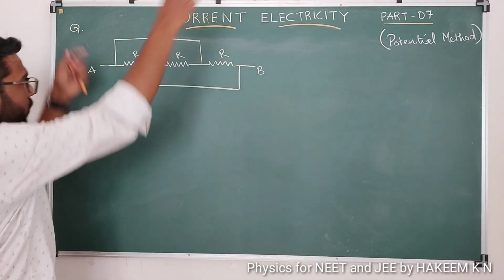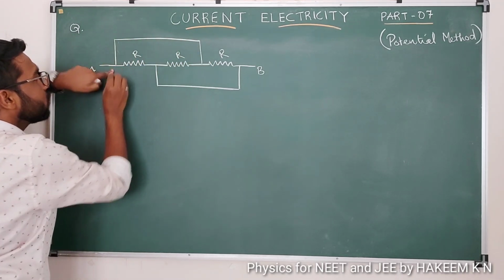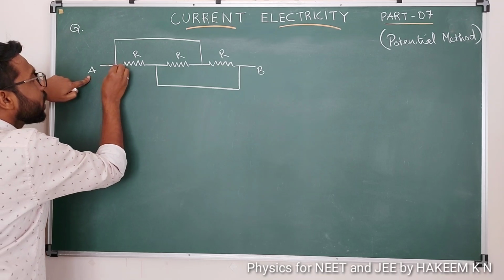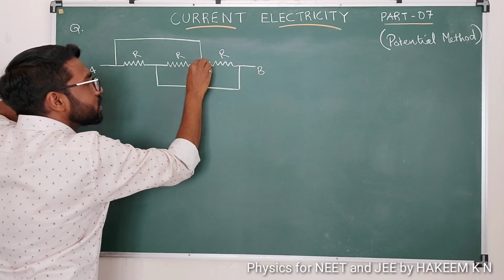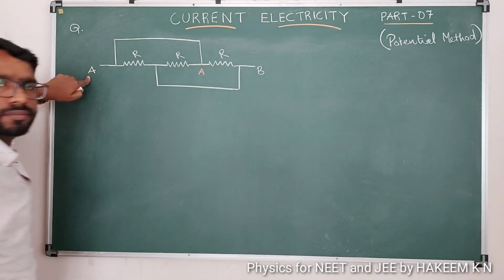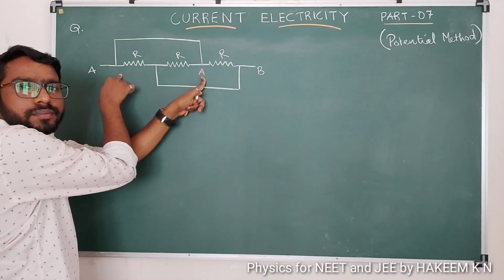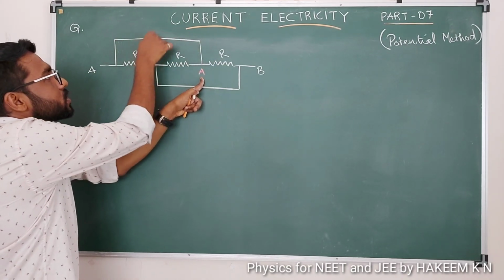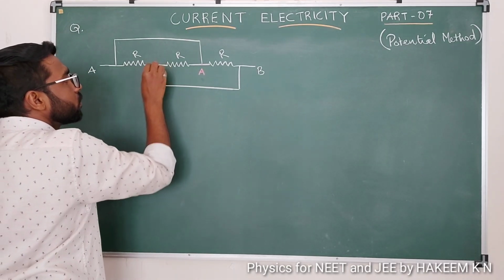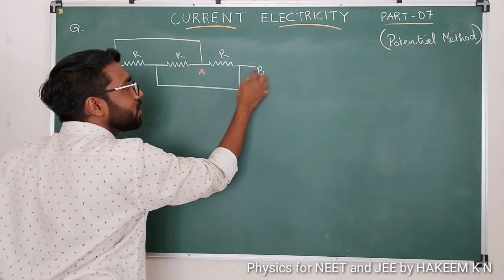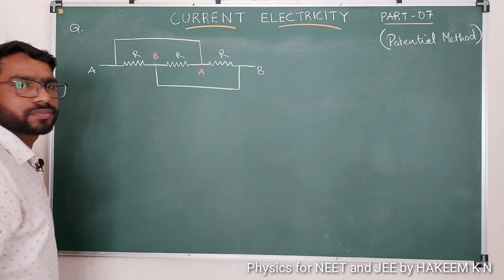So in this method, you can see no resistance here, right? So this point is A, and here there is no any resistance. That means this point is also A. Here this is also A. It is directly connected to A, because the wire has no resistance here. And here this point, you can say this point is directly connected to B. Okay, so this point we can take as B.